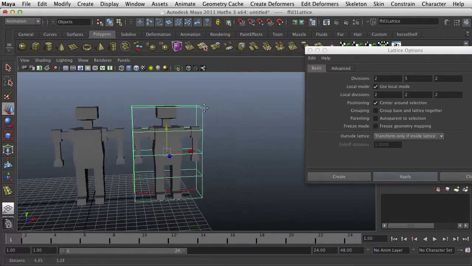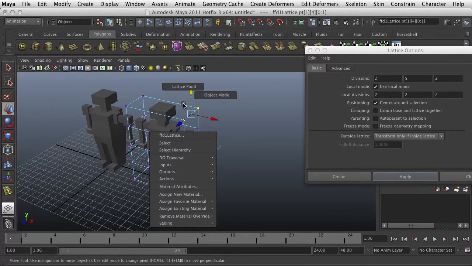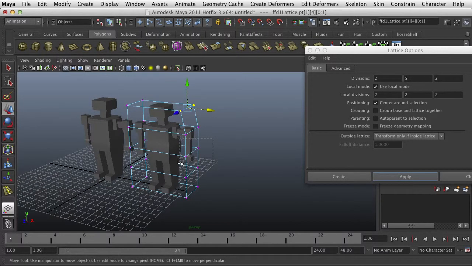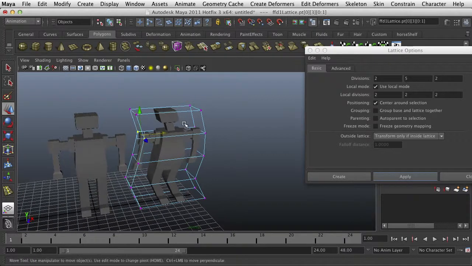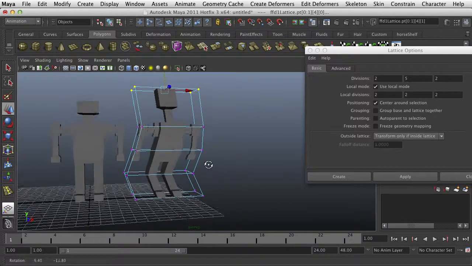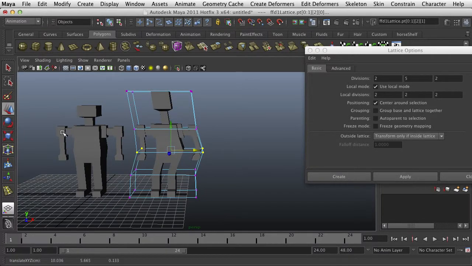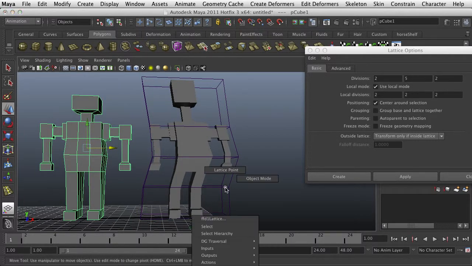So it makes a box, and essentially what happens is you control the box. It's called a lattice, and I grab lattice points, and as I do that, it's going to manipulate the geometry. I'm not moving the geometry itself. I'm moving the lattice, and it's kind of deforming that geometry. And it's a different way of tweaking your models instead of going on a face level. And how much it deforms really depends on how much geometry you have, meaning how many lines. Like this one, I can really curve his knees,